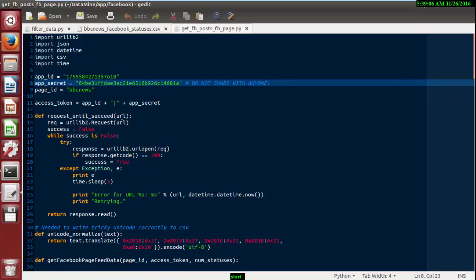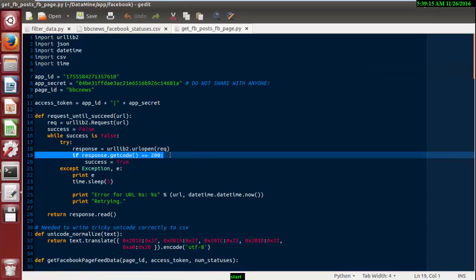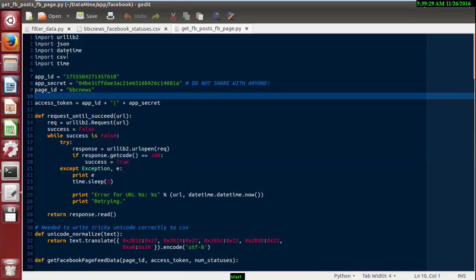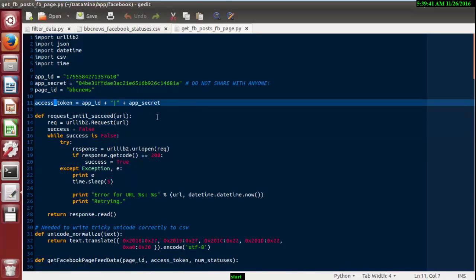Okay, so that's our script. This library you need. In this case, whatever data is fetched will be displayed in JSON format, and in a CSV file. Without wasting any time, I'm going to explain briefly about these lines. Every ID, every token you fetch is fed in the access token. This is the request utility function.